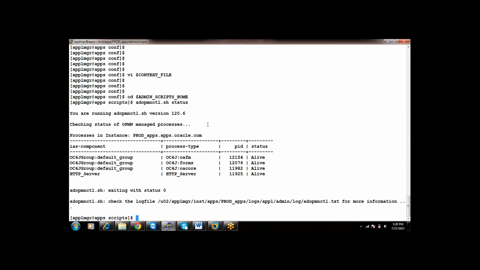The total number of JVMs, okay? The total number of JVMs defined for OA core. So how many OA cores are running over here? Only one OA core, only one forms, only one OAFM JVM, and for HTTP server one OAFM, right? So if I want to change the value of OA core to 2, it means the total number of end users has increased, and I would like to increase the value for OA core, from 1 JVM to 2 JVMs. So what do I have to do?